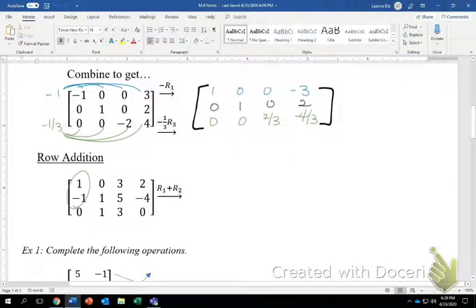So then the third and final operation or row operation that we have is row addition. And so you have to be careful about a couple of things here. Common mistakes are people know to add the rows, that's not an issue, but they don't know where to put it. So this one says to add row 1 and row 2. So I'm just going to circle the values that I need to end up adding. And so if I add it up, that'll give me 0, 1, 8, and -2. And so here's where